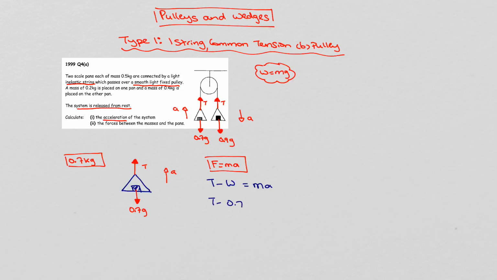So of course the weight is 0.7 times g. The mass is 0.7 times the acceleration. So therefore if I get T on its own, it's 0.7 g plus 0.7 a. I'm going to call that equation 1. I'm now going to repeat that for the second scale pan, so that's the 0.9